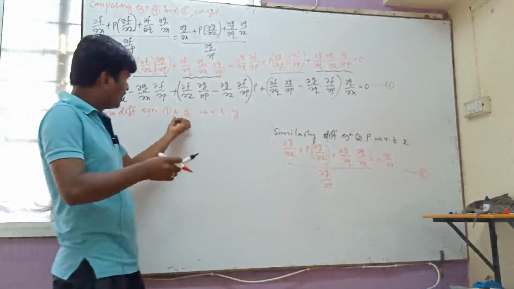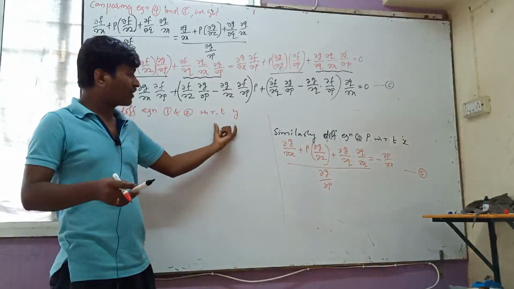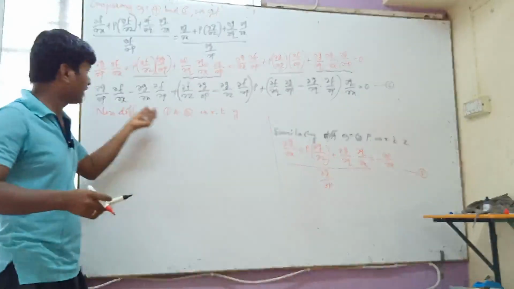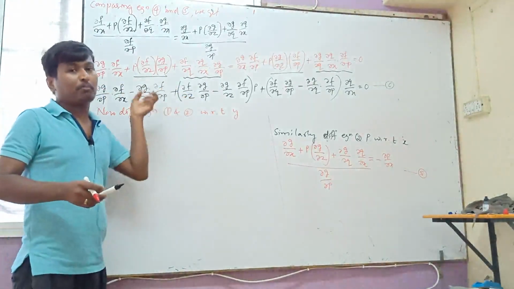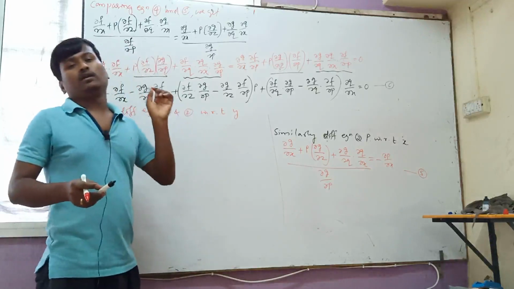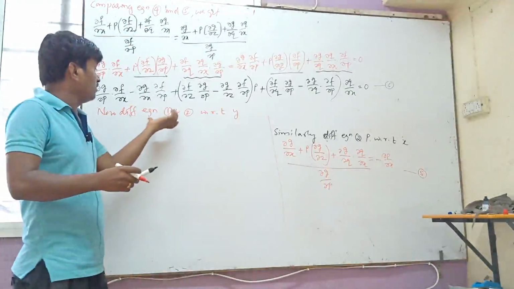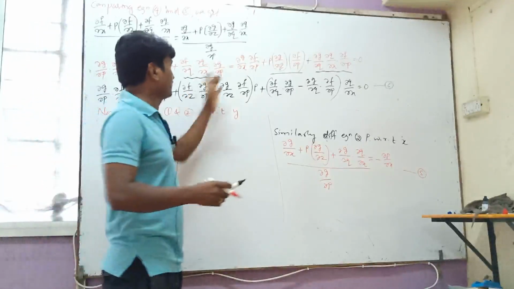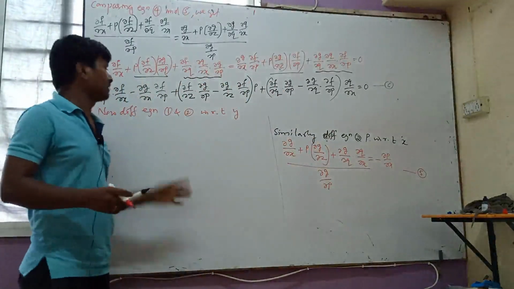So if I differentiate equations 1 and 2 with respect to y, after combining, directly we will get this equation by replacing x with y, and p with q. I am just exchanging p by q and x by y. So without solving this, I will directly write it. Better you solve it like this. The first derivative I have solved already, so similarly you have to solve the second derivative.